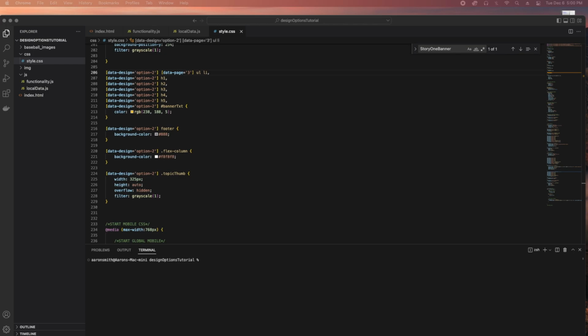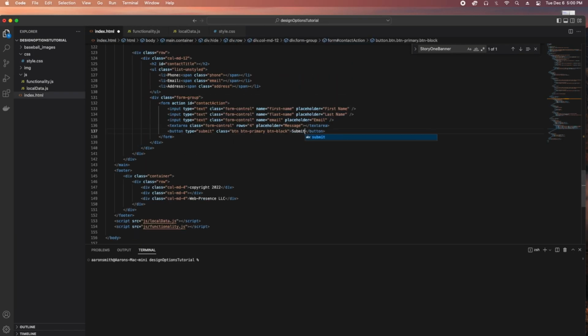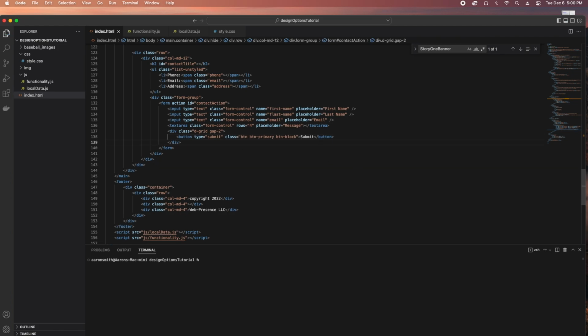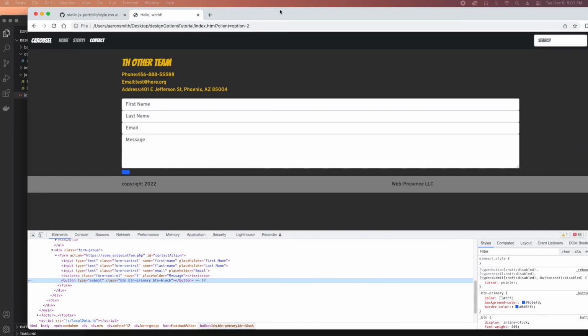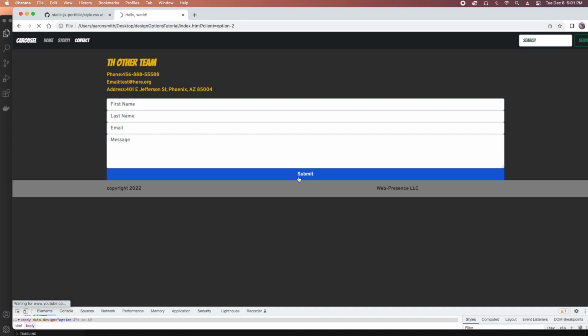Now let's fix this button. I will show you how this thing's going to post with just traditional functionality. Here's our form. We need to write the word submit. Now Bootstrap 5 does not have a btn-block anymore. This is how you make the button go all the way across. It's the d-grid gap-2. Now the button will go all the way across. And as long as you have a type submit, it's going to run the functionality correctly for the form tag. Watch this. When I hit the submit button,